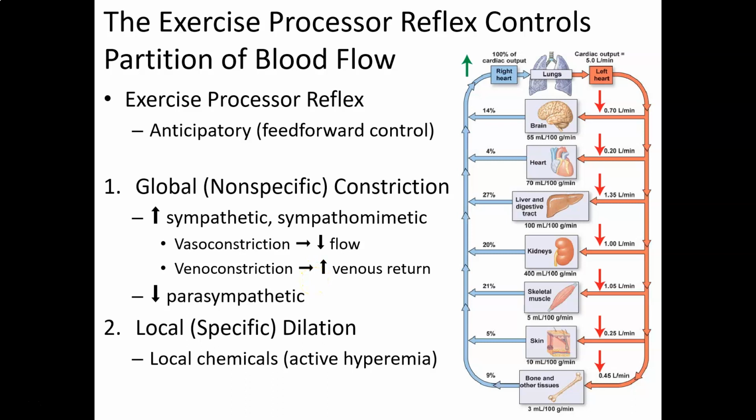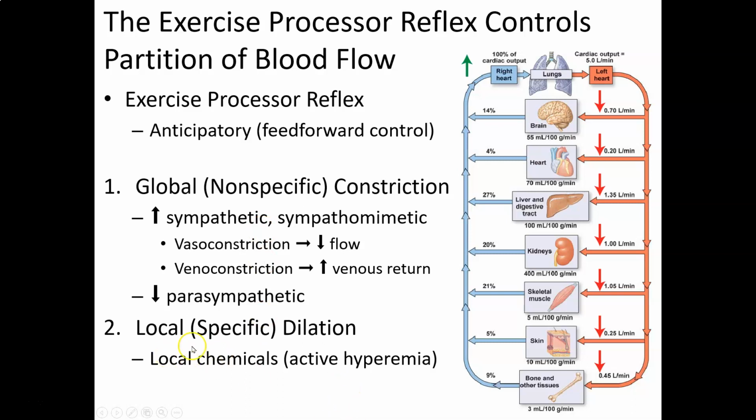And that stimulation then causes the release of epinephrine from the adrenal glands right above the kidney, and that's going to circulate and have an effect. The parasympathetic stimulation goes down, so that's going to affect the heart rate. Remember, this is rest, so the heart rate's probably below 100, so the parasympathetic has a big influence on that. And the other sympathetic changes are going to help get us ready for exercise. And then once you have this global vasoconstriction, which is going to help increase blood pressure,